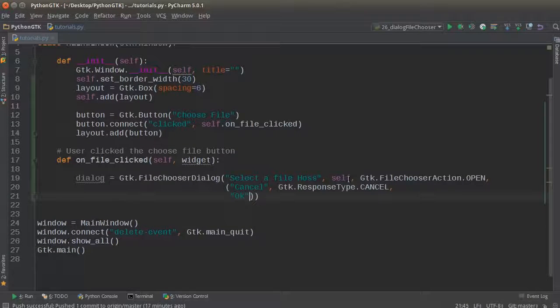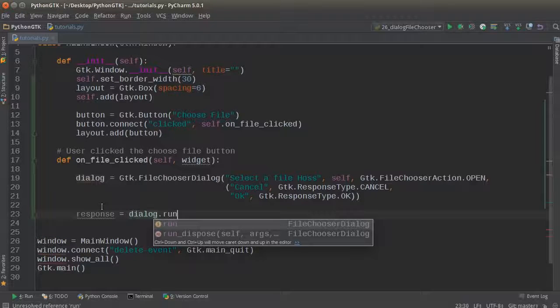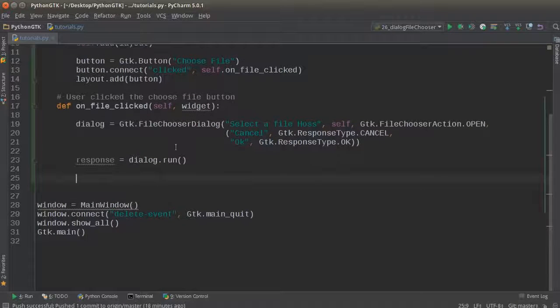Now I just write OK, and this is going to emit GTK response type. Okay, alright, looking good. So now what they did at this point is, well, we pretty much set up the basic construct for that dialog, and now, just like before, whenever they open it, we're just going to run it. So dialog run, right, like there. So this is going to run, and all of the functionality that we have is already